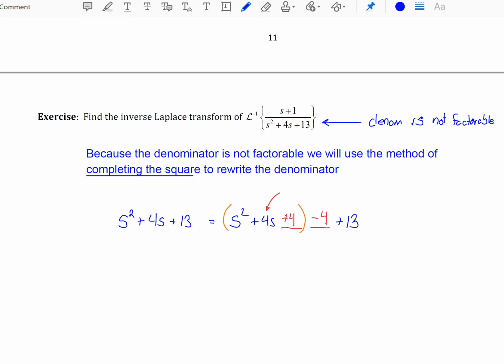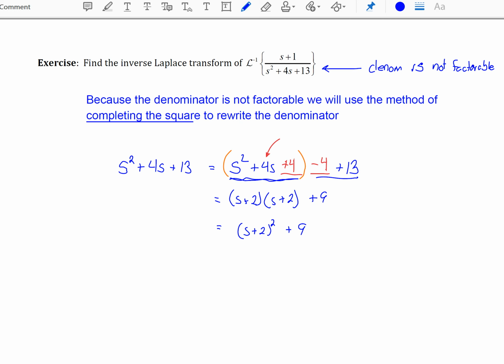Of course, it should make it now that this trinomial is factorable. And I think it factors as s plus 2 times s plus 2. And then the last two terms here will be plus 9. And so we can write this as s plus 2 squared plus 9. And this is your completing the square technique. Now what this allows us to do